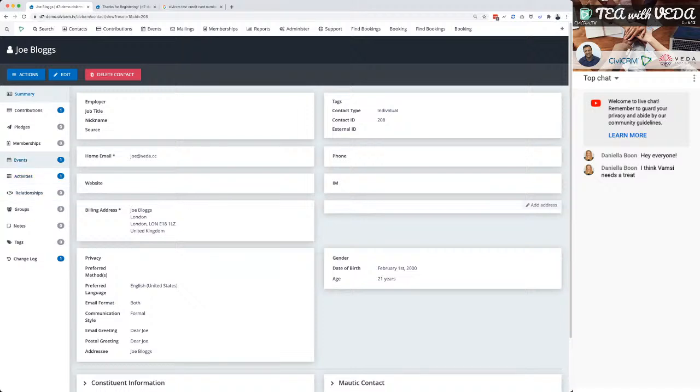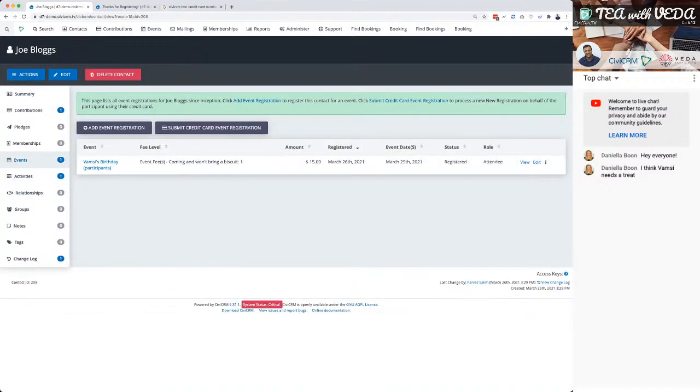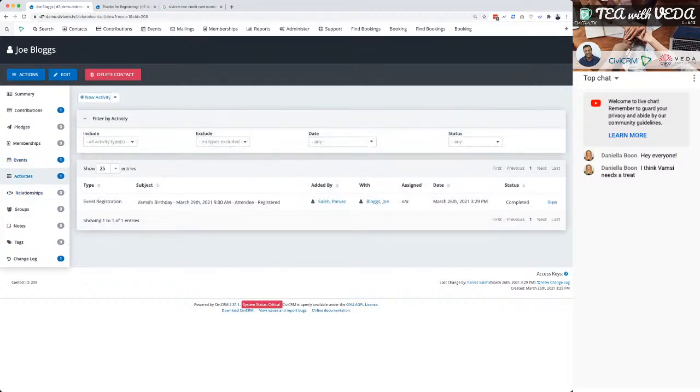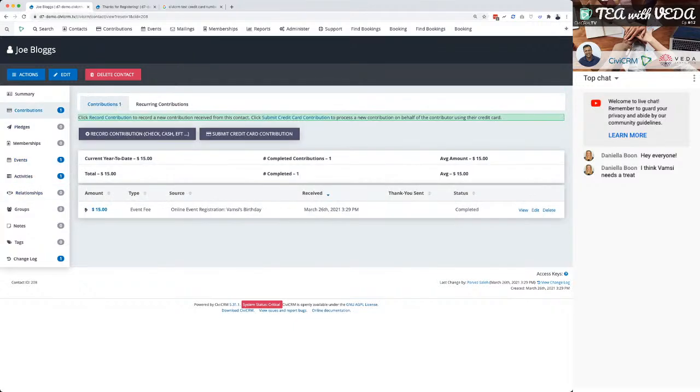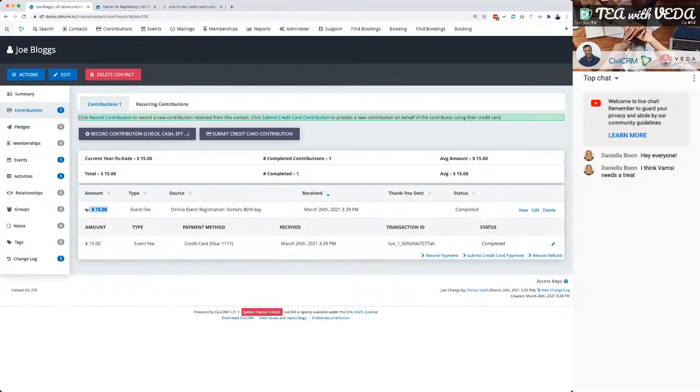So this time Joe, as well as having the event registration, he's also got an activity and a contribution as well. In the contribution we can see what the payment method was, what card number, last 4 digits were used, and I can see that it's completed. Now if you had Stripe or a credit card gateway that is compatible with Civi, you can submit a refund from here as well. So you can refund this,